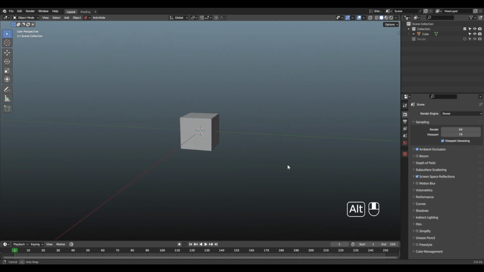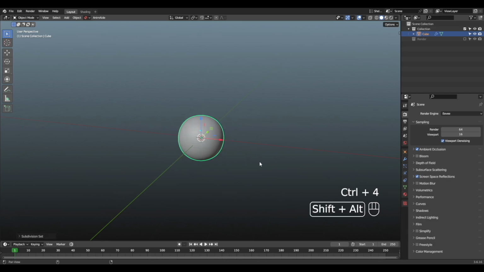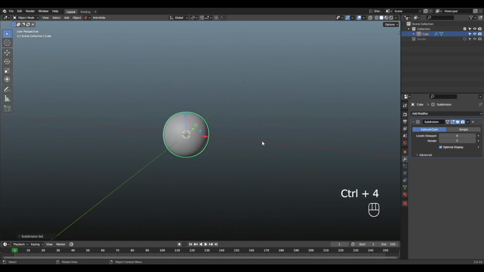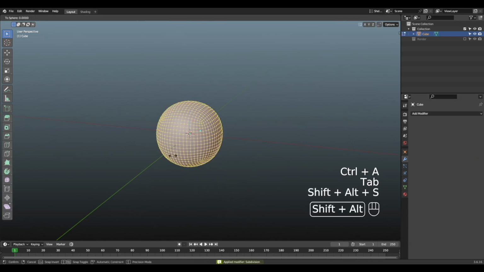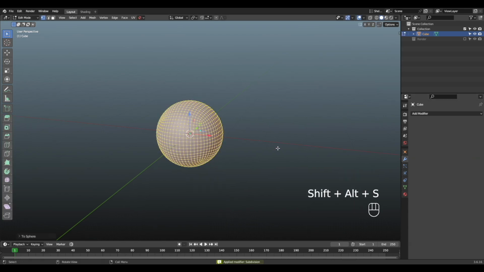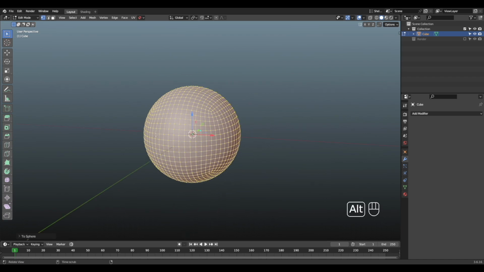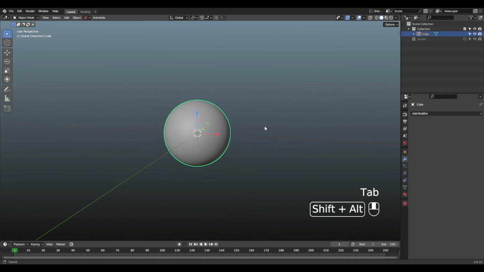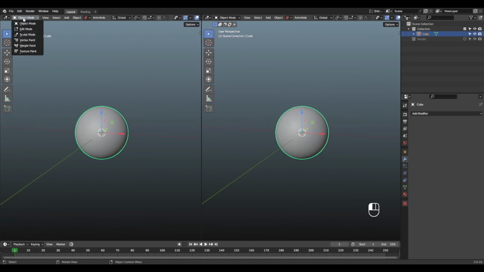Today we're going to learn how to make some metal scratches. First we're going to subdivide this and smooth that out, apply that, and smooth that out. If you're curious, I hit Alt-Shift-S and that let me make it into a circle. And then I'm going to pull out our